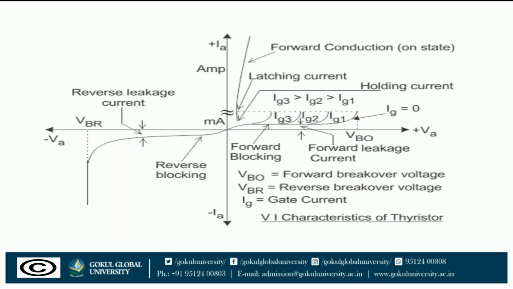A large current associated with the VBR gives rise to more losses in the SCR. This may lead to thyristor damage as the junction temperature may exceed its permissible limits or permissible temperature rise. It should therefore be ensured that the maximum working reverse voltage across a thyristor does not exceed VBR. The reverse avalanche region is shown by PQ.